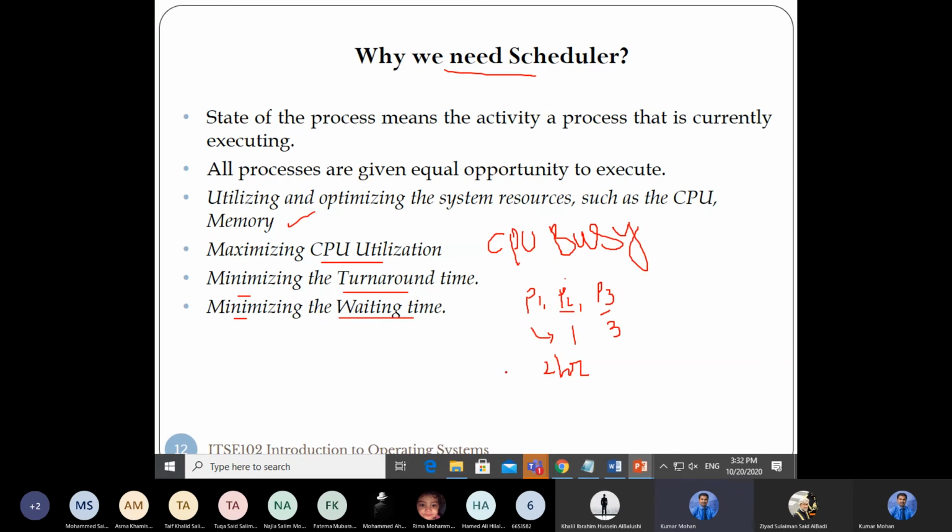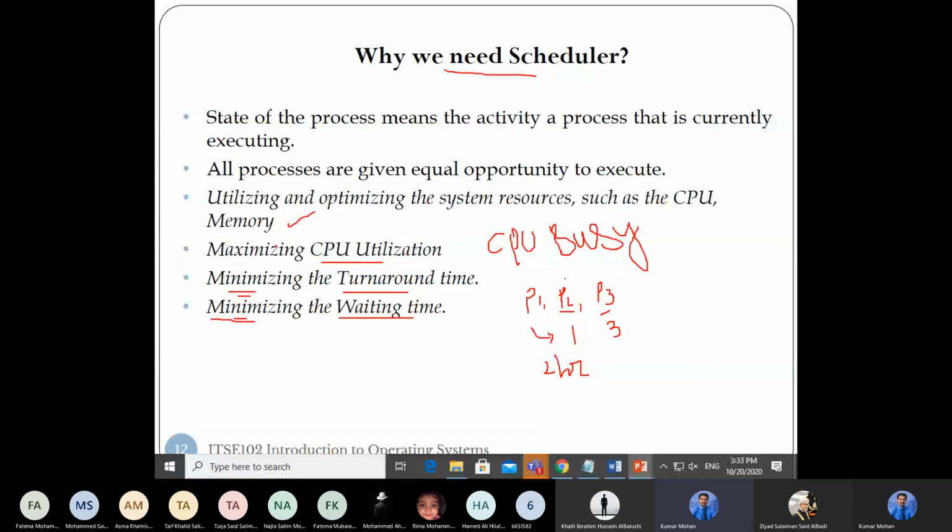You are waiting in the ATM. Do you have any experience waiting in the ATM? You go to the ATM, right? When you go to the ATM, there will be some person standing before you. You will always be thinking that person should do it fast because you don't want to wait. So even in the system you want to minimize the waiting time and minimize the turnaround time.